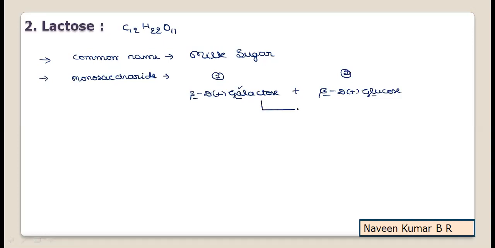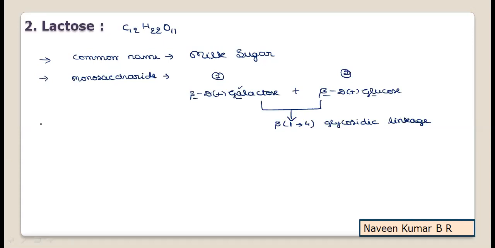And the interaction between the two is that the first monosaccharide has beta configuration, so its first carbon and the fourth carbon of the second will be involved in the glycosidic linkage. The linkage here is beta 1,4 glycosidic linkage. In the case of maltose, it is alpha 1,4 glycosidic linkage. In the case of lactose, it is beta 1,4 glycosidic linkage.